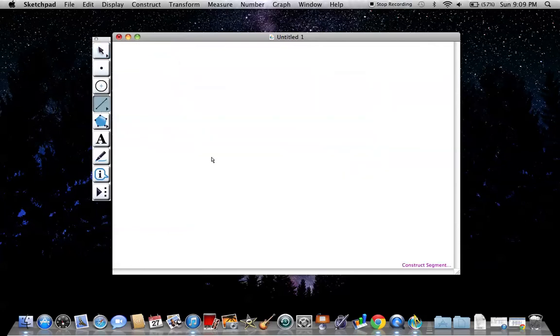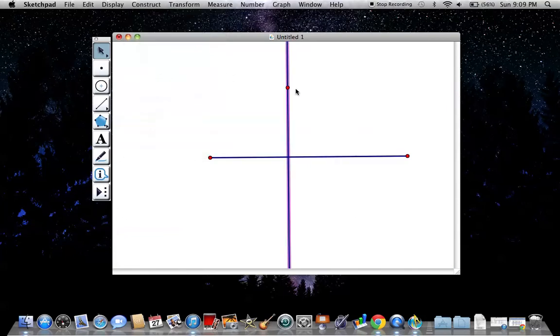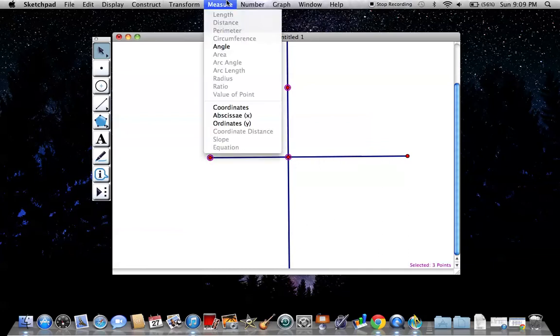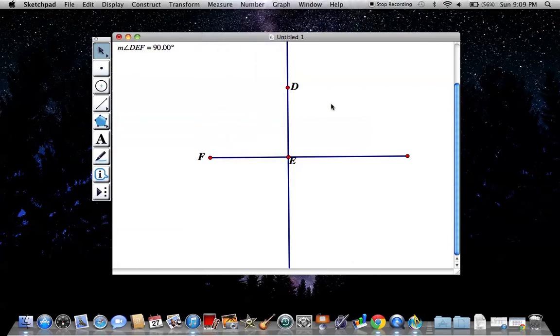Now, if it was perfectly 90, I'm going to make a perfect 90 degree angle here. I'm going to draw a segment, point, and construct a perpendicular line. Put a point here, label, measure angle, boom. Angle DEF is a perfect 90 degree angle. We call this a right angle. So anything less than 90 is acute, perfectly 90 is a right angle,